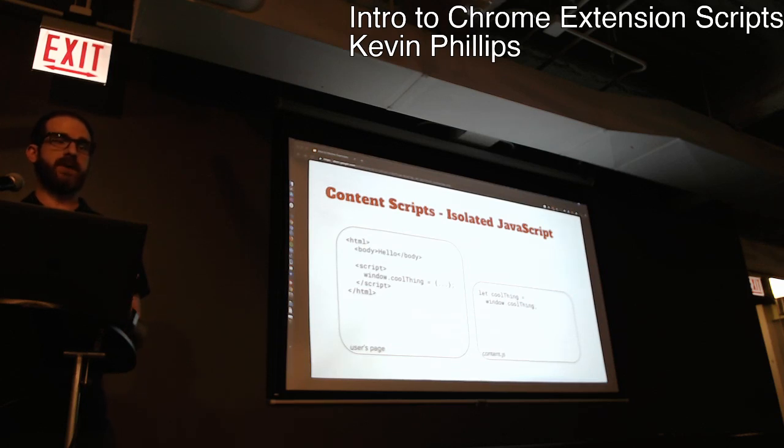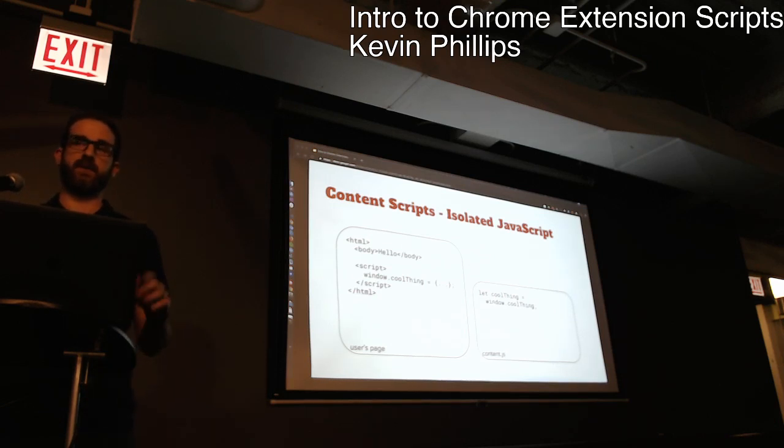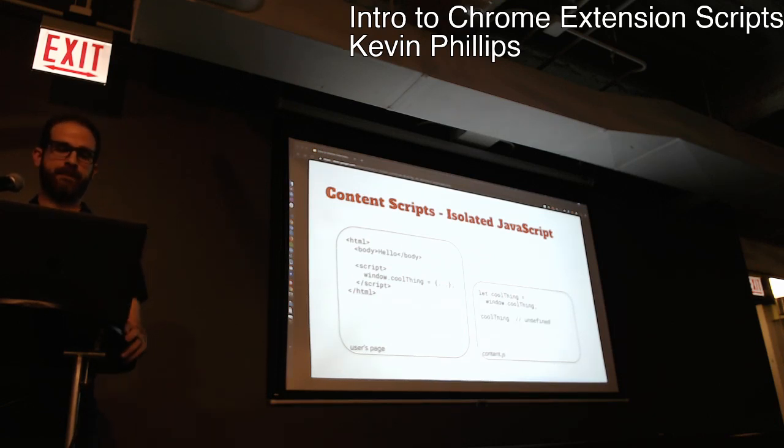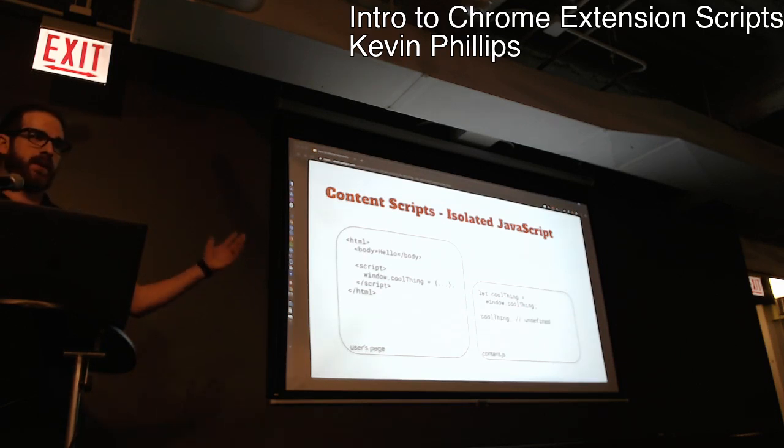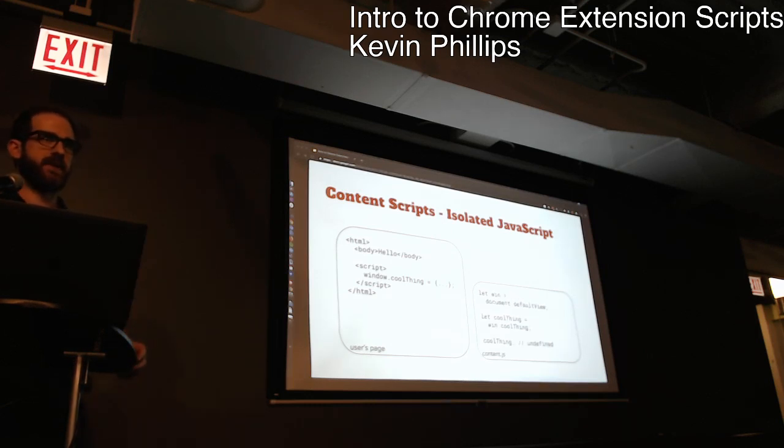While they share the DOM with the user's page, they run in their own JavaScript context. So this means you can't read any variables from the user's page, and you can't create any variables to mess with the user's JavaScript. So basically, if you had a content script like this, coolThing would be undefined inside of your content script. Even if you try to do something fancy, like looking up the window through the default view of the document, that still doesn't work. They figured that out too. I thought this would work, but